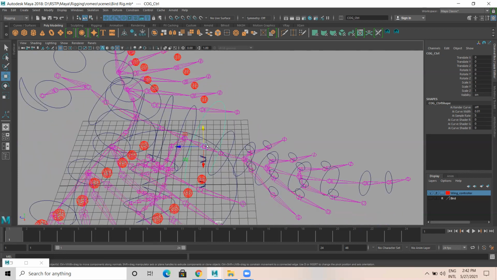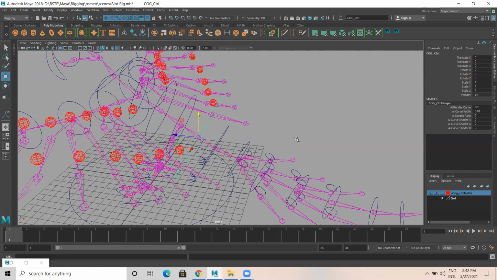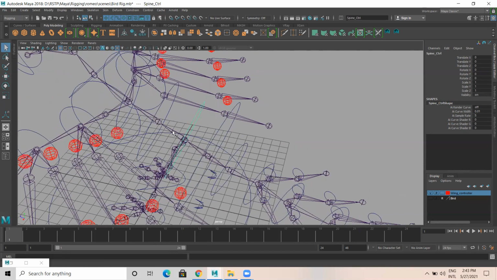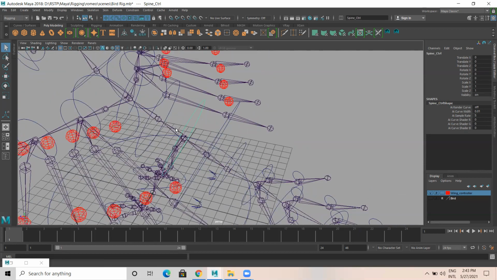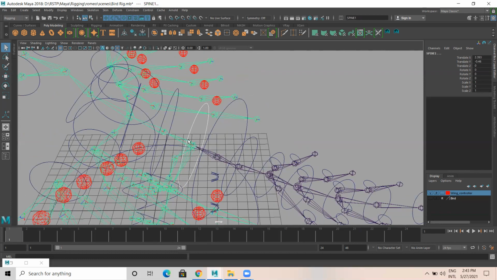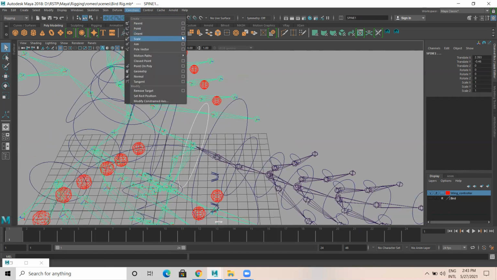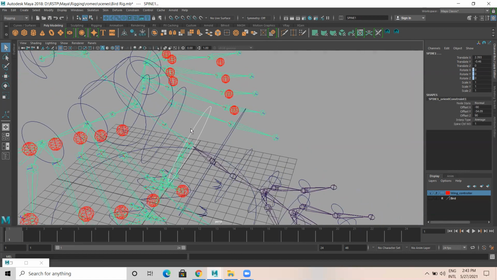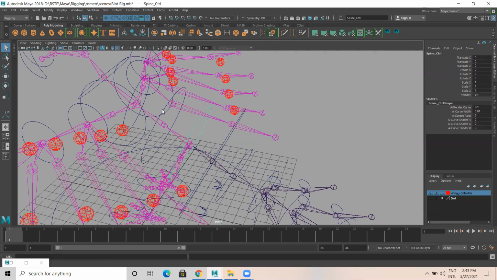Up to here, the constraint part is done. Now let us continue the constraint part here. I'm selecting this curve and this joint. Select this curve and this joint. Go to constraint. It is orient constraint with maintain offset on, add. So it is done.